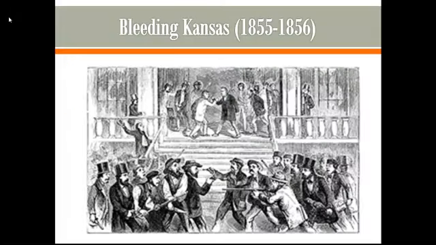So tensions in the country are high over the slave issue, over the states' rights issue, over new territories. And some of those territories are going to actually break out into all-out warfare. From 1855 to 1856, the issues of slavery, the issues of North versus South, are going to all combine to make the new territory, the new potential state of Kansas, quite literally bleed.